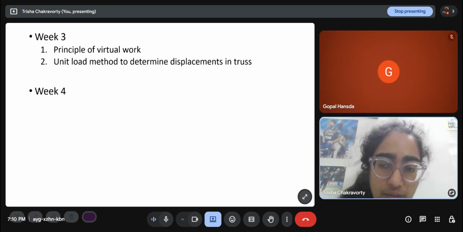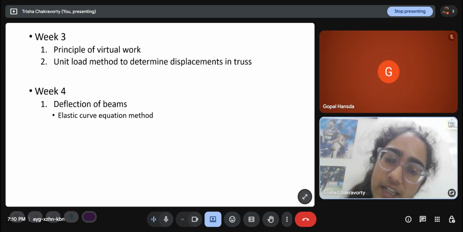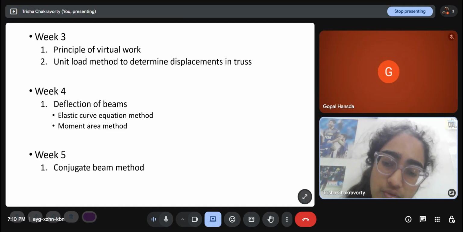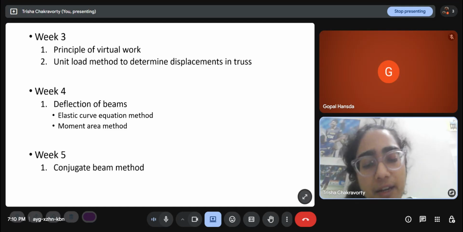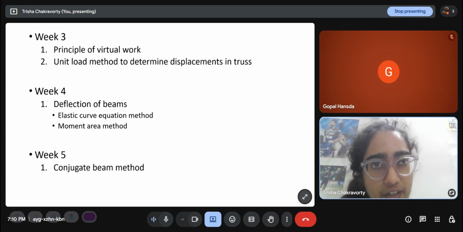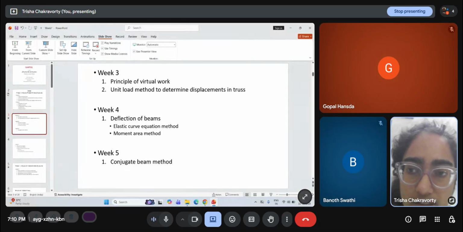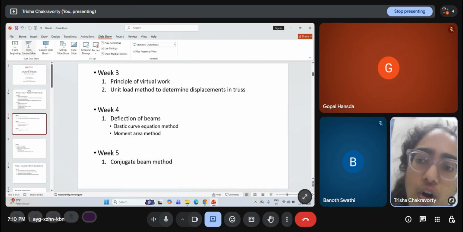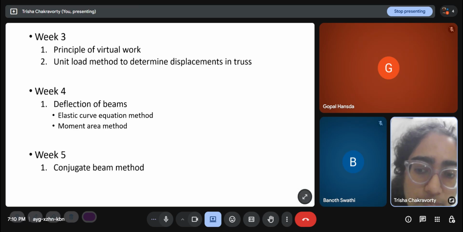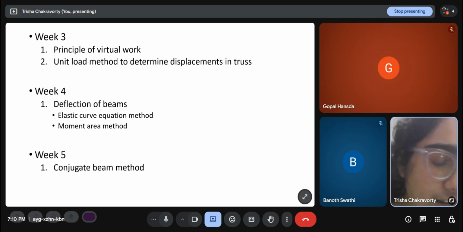And weeks 4 and 5 were about beams. So deflection of beams by elastic curve equation method, moment area method and conjugate beam method. All of these we have done: how to draw bending moment and shear force diagrams, how to find the member forces of trusses, how to find nodal displacement in truss, and how to find the deflection profile in beams. All of these start with a common step, that is solving the support reactions. Whenever we have a structure, we solve the support reactions using the equations of equilibrium, and all of the structures we have looked at so far are determinate structures, so we can solve the support reactions straightforward.